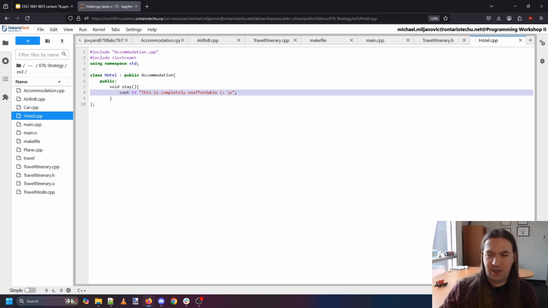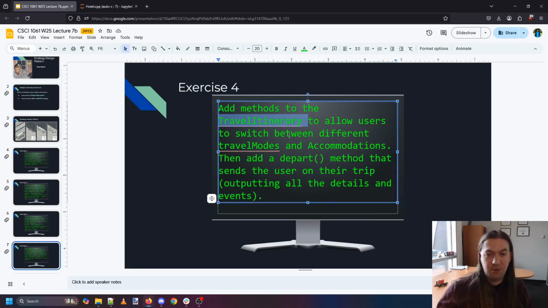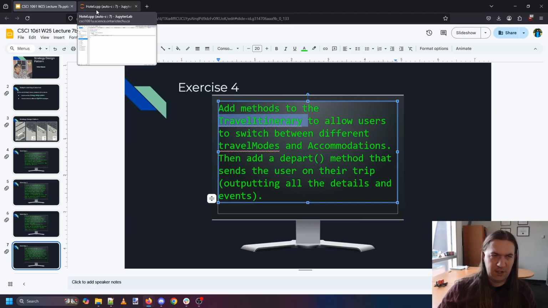On to our last exercise. Add methods to travel itinerary to allow users to switch between different travel modes and accommodations. Then add a depart method that sends the user on their trip and does everything. Okay, so right now our main method's kind of clogged with all the stuff that we want to do. Let's make it so the travel itinerary itself can let people switch between some travel modes, and add a depart